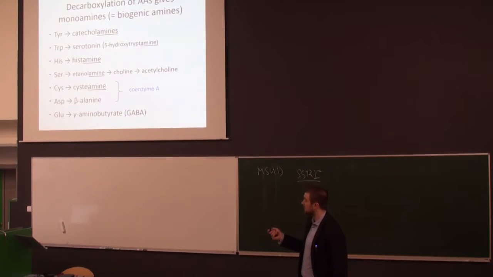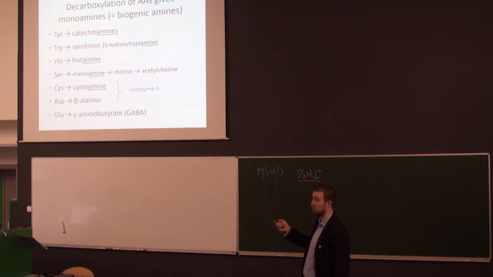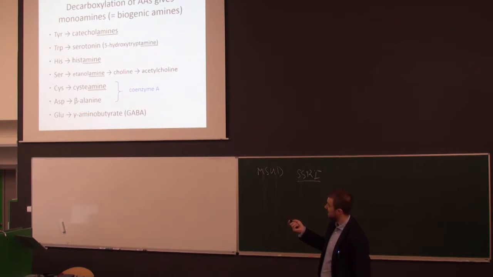Another compound that can be decarboxylated is serine. Serine, by decarboxylation, gives you ethanolamine. And ethanolamine, as you know, is a constituent of the phospholipids. When you do a triple methylation of the nitrogen in ethanolamine, you will produce choline, and choline is another part of the phospholipids. And then if you add choline plus acetyl-CoA, you produce acetylcholine, and acetylcholine is another neurotransmitter that you